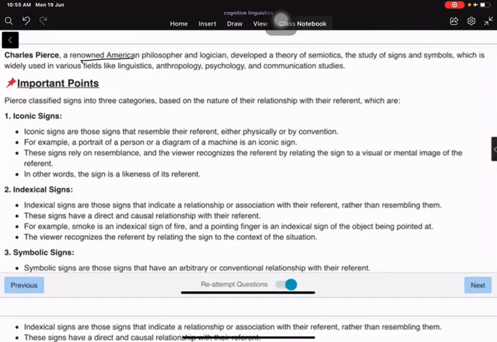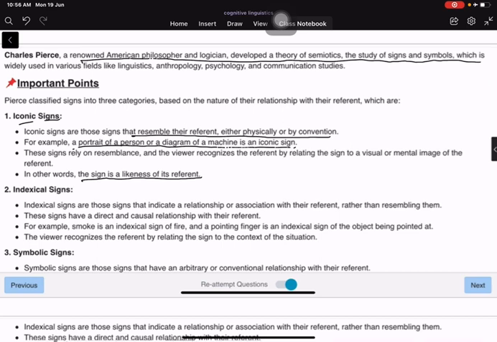Charles Peirce, a renowned American philosopher and logician, developed a theory of semiotics, the study of signs and symbols. Iconic signs resemble their referent either physically or by convention. For example, a portrait of a person or a diagram of a machine is an iconic sign. The sign is a likeness of its referent. These signs rely on resemblance, and the viewer recognizes the referent by relating the sign to a visual or mental